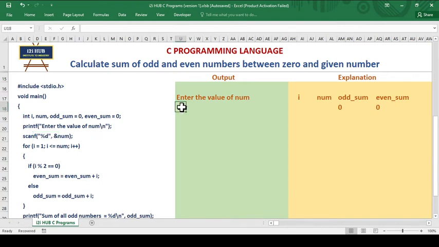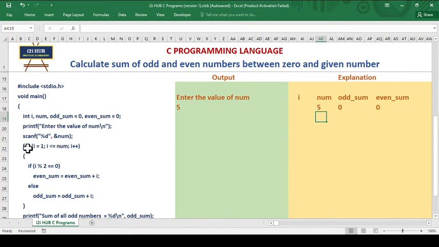Whatever you give should be an integer, and the integer value will be captured. Let me give 5 as the value. What happens if I provide 5 and press enter? It will go to the address of num and store 5 in num. So in this memory allocation under num I am writing 5.